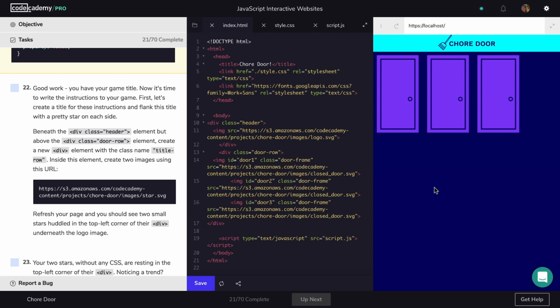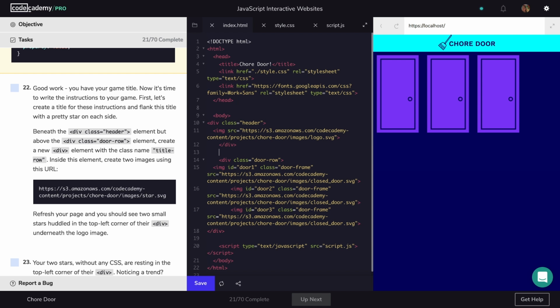We're going to continue to stylize this game. And our next task, we are going to add another div element, and we're going to give it the class of title row. And then we're going to copy and paste this URL with a star image into it twice. We come to our index.html and we're going to come after our div header. We hit return and we type the following: